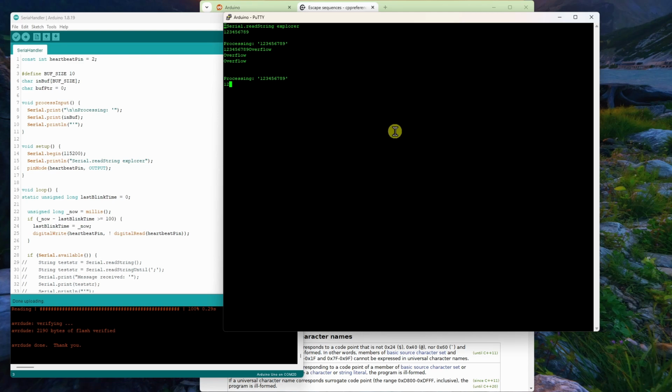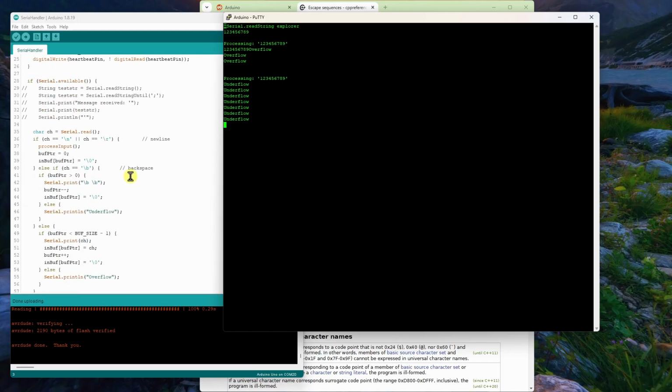So that's good. Now if I do 1, 2, 3, do backspace, that's fine. Another one, that's fine. Another backspace, that's fine. But if I hit one more backspace, we currently have the empty string, but if I hit one more, then we should get the underflow, and indeed we do, and that'll keep happening until we type stuff in again. And so if I type more stuff in and rub it out, same thing happens. So we've kind of guarded our buffer to prevent the buffer pointer from going negative or overflowing, and that's